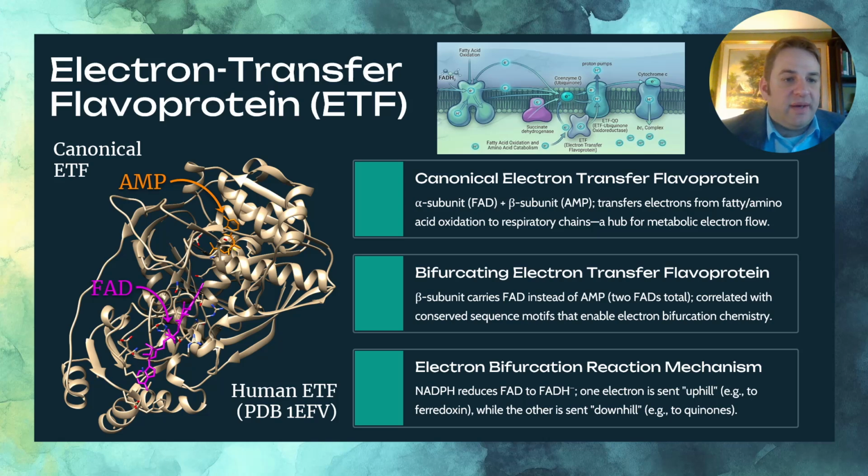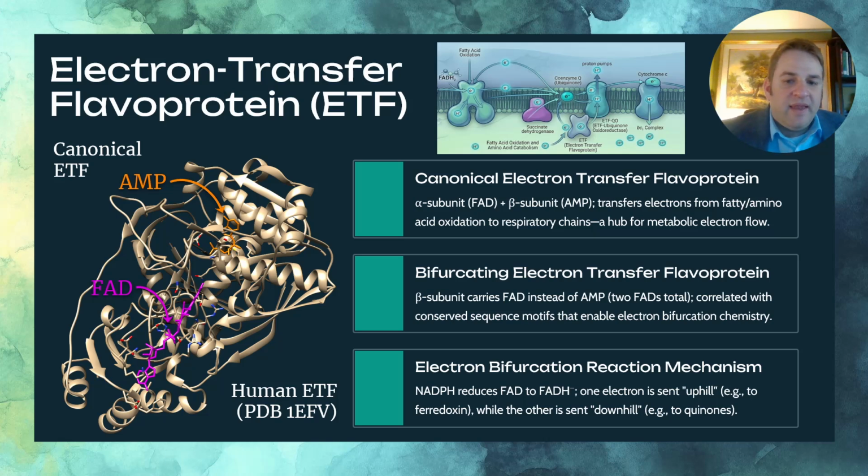So if we now scale up to a flavin-containing protein like the electron transfer flavoprotein, here is a canonical ETF. This is human electron transfer flavoprotein. It has an FAD cofactor and an AMP cofactor. These are stored in two different subunits of the protein. In this case, the purpose of the protein is to transfer electrons from fatty acid or amino acid oxidation steps to the respiratory chain, where metabolic electron transfer occurs, where the energy of life is